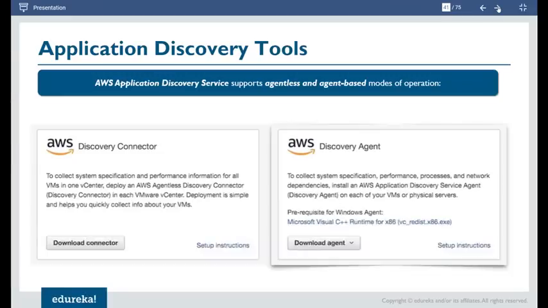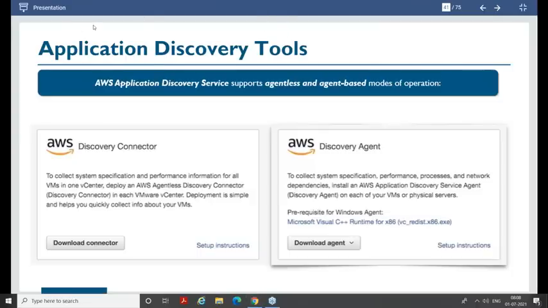Now, when we talk about application discovery support, it is either agent based or agentless. If you have different physical machines or different VMs and each machine has a different kind of configuration, and you don't have a good understanding of them, then it is recommended that you install an agent on every machine.